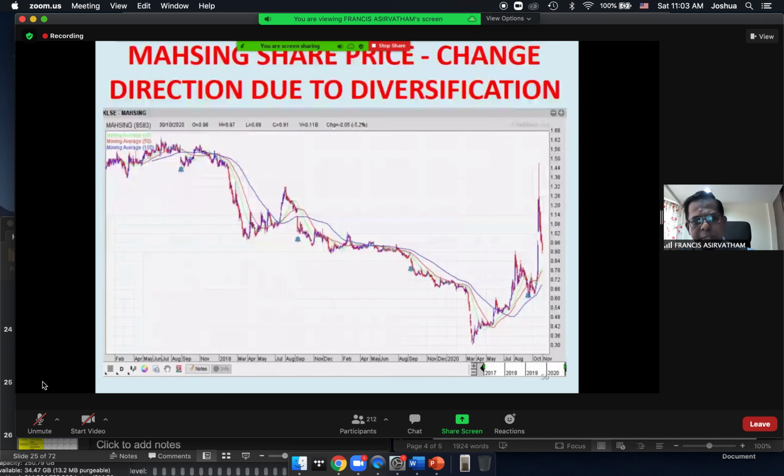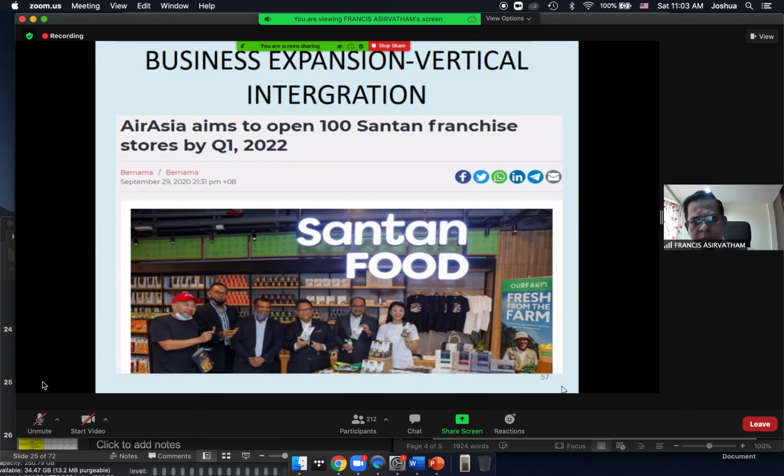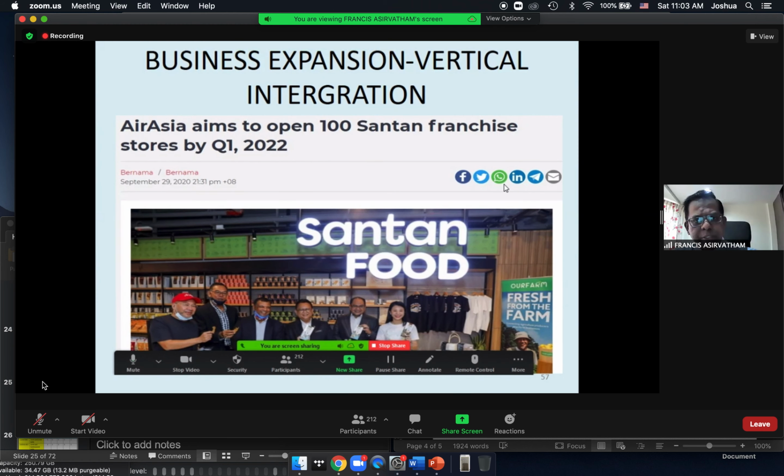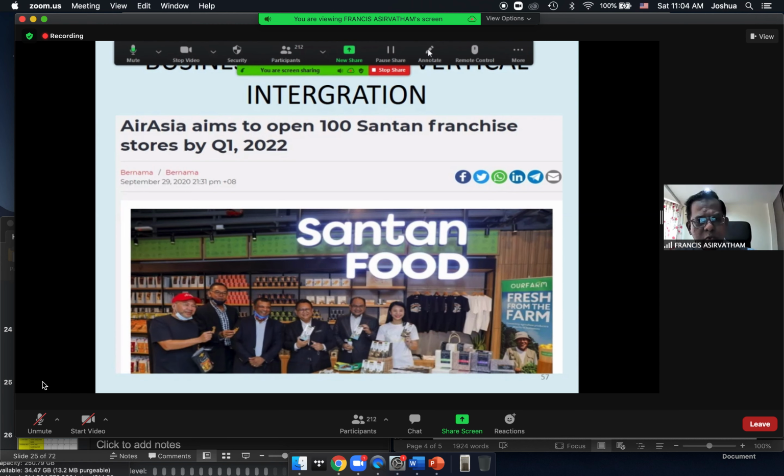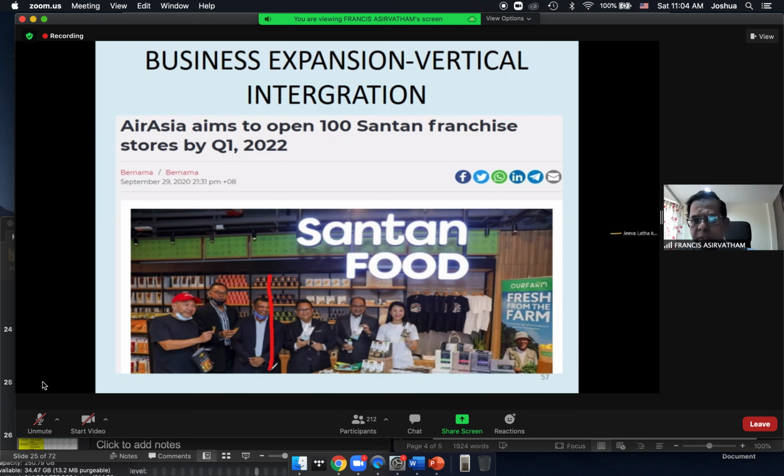So I've given some example here, even Santan Food. Okay, you can see here. Business expansion, vertical integration. AirAsia is planning to open 100 Santan franchises. Okay, but this is a nice, good thing. They are very happy. You see, all the bosses are very happy. But I noticed two men not standing straight. One is this particular person, another man also not straight. All these people are straight, very happy. All are happy. All right, the two persons not straight. I'm not sure why. But